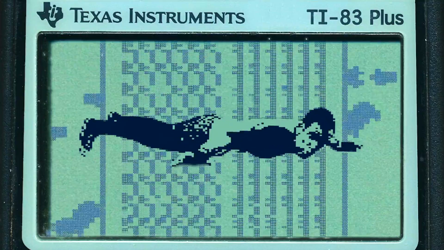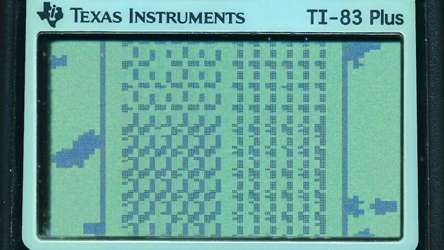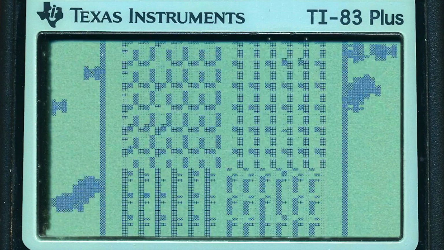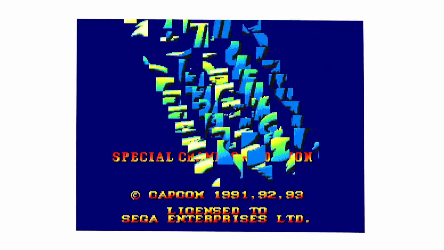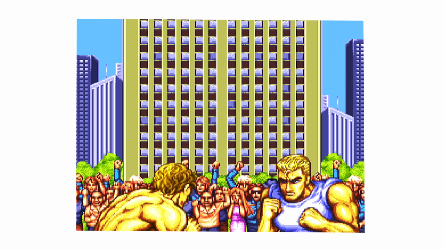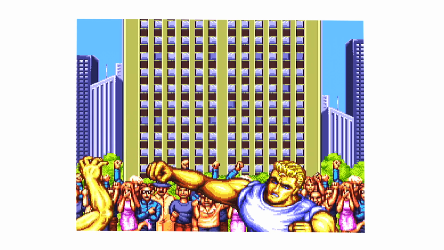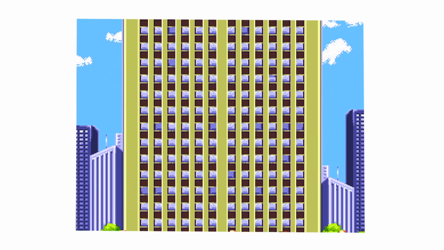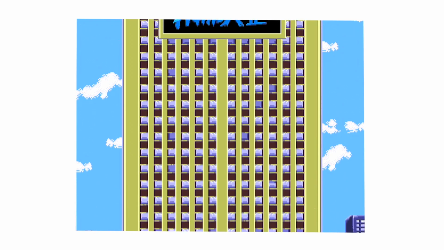There's that building going by. I wanted to see if I could use the skyscraper from the beginning of Street Fighter II Champion Edition. That's a video game I used to play as a kid, and in the beginning, there's like the one guy punches the other guy in the face in front of a skyscraper, and I wanted to see if I could get that skyscraper. So I went to the website